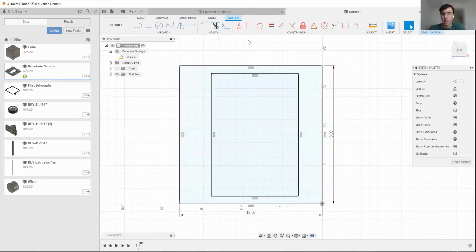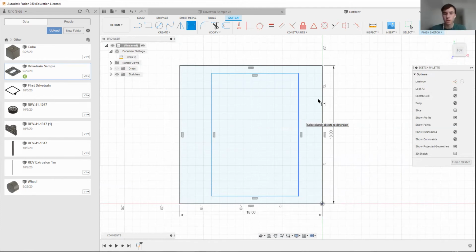Now you'll notice that I didn't actually center this properly, and it's much too close on this side and too far away on this side. So it's not properly centered. Well, I could undo it and redo it properly, but there's also a much more efficient way of doing it where you can actually input the measurements exactly. So it doesn't actually matter too much where you initially draw things in your sketch, because you can always modify